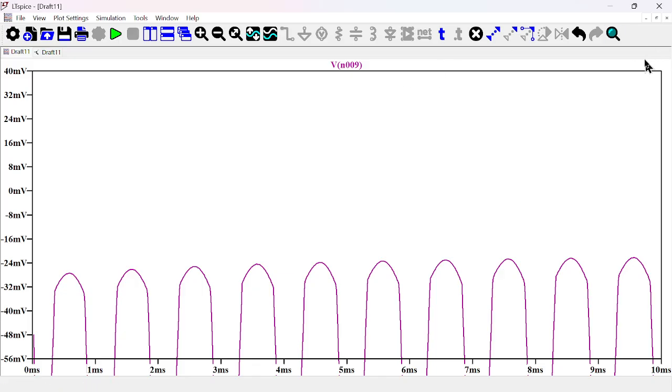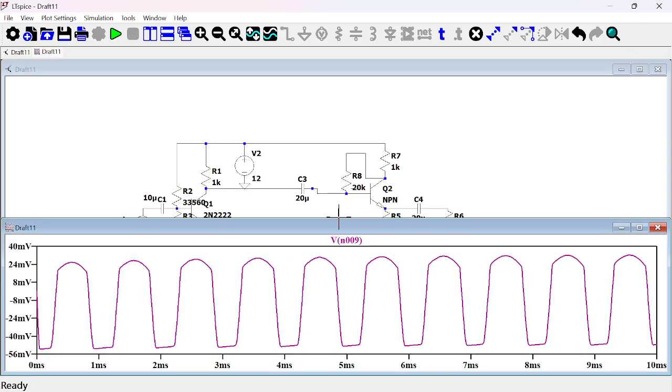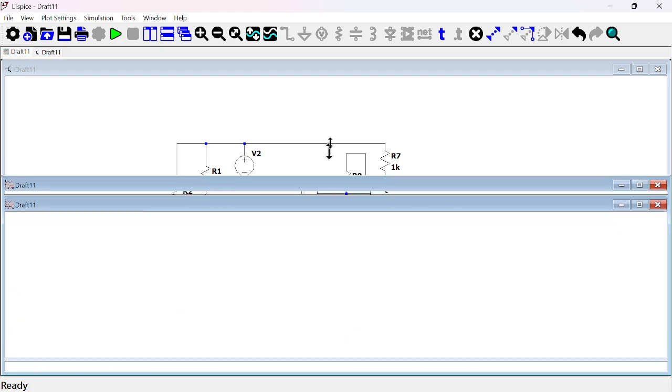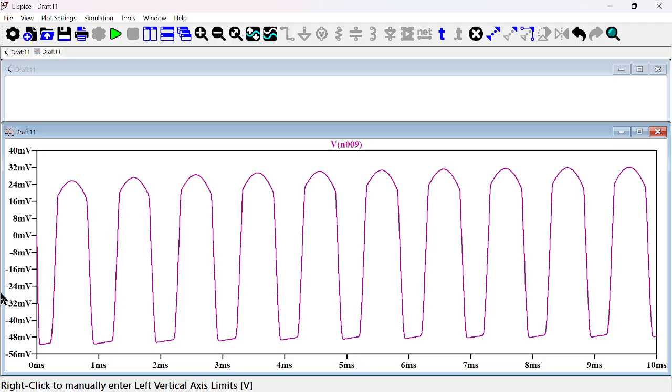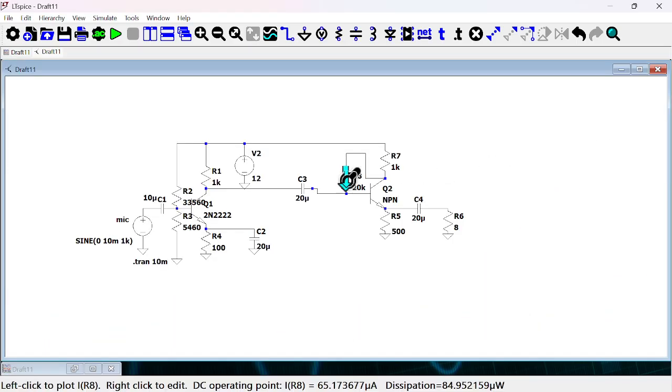What is that? Okay, not so much gain, then I'm going to stick to